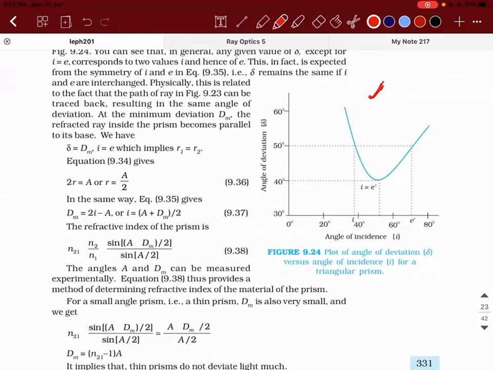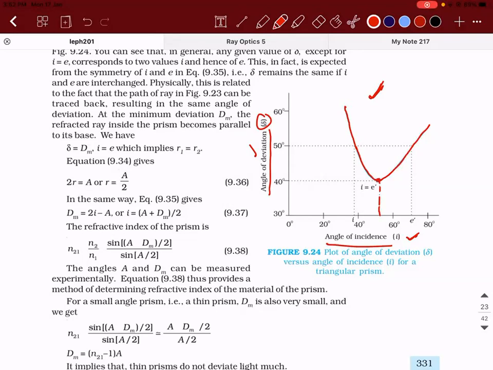So during the condition of minimum deviation, this is also the thing that you'll plot in your lab. If you take the angle of deviation versus the angle of incidence, by controlling the angle of incidence, you are varying the angle of deviation. When you do this, you can see that the angle of deviation will decrease and it will reach a minimum point